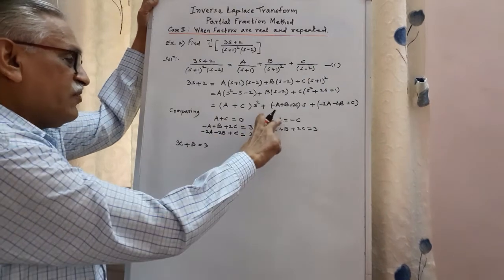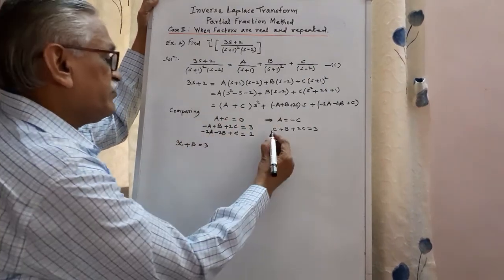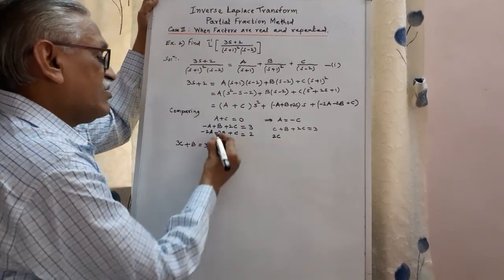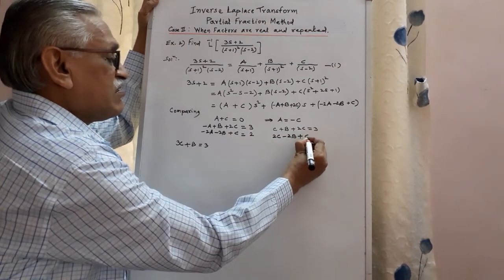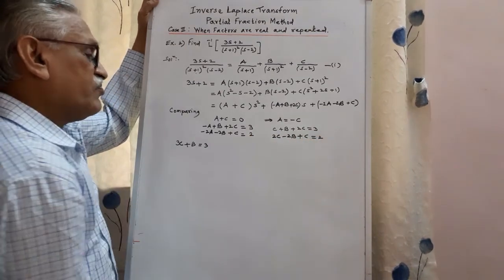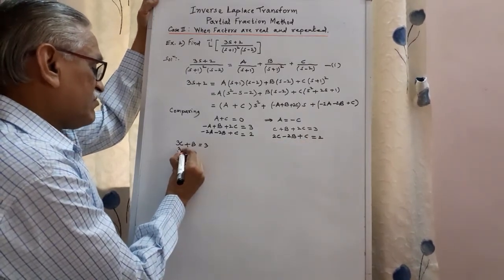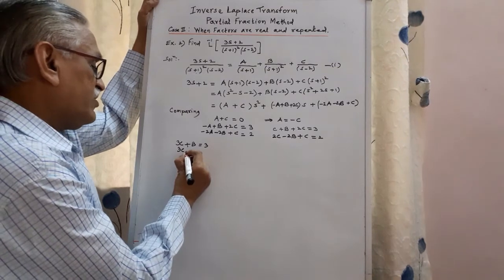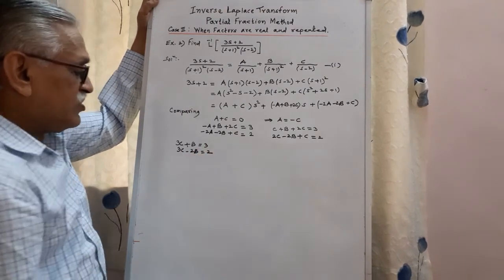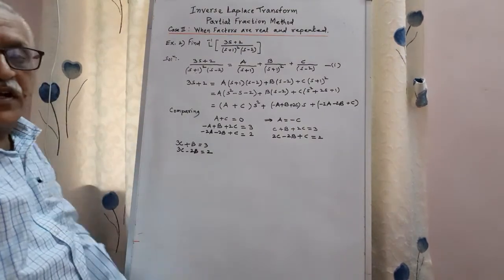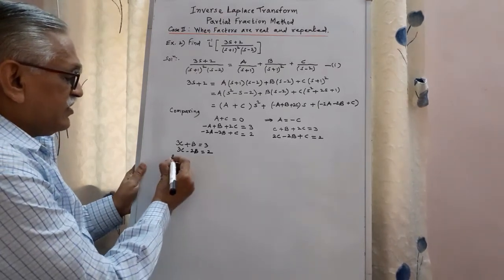and put that value of a as minus c here, that minus and this minus become plus, therefore 2c minus 2b plus c is equal to 2, therefore 2c plus c we get 3c minus 2b is equal to 2. Therefore we have two simultaneous equations in terms of b and c, solving them by elimination